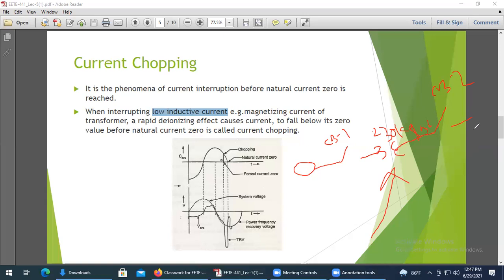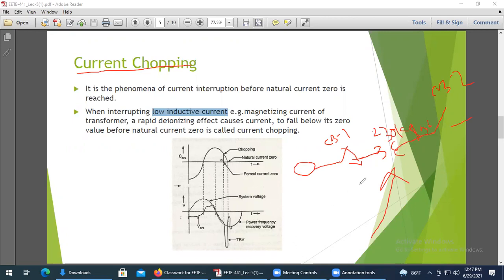Okay. So now whenever you try to trip this circuit breaker 1 under this consideration, when the circuit breaker at side 2 is open, then the current chopping phenomena will occur. What happens? Whenever you are trying to open this circuit breaker, you know that an electric arc will form. Obviously, whenever you want to interrupt some current, there will be an electric arc. So that arc current has to be extinguished.